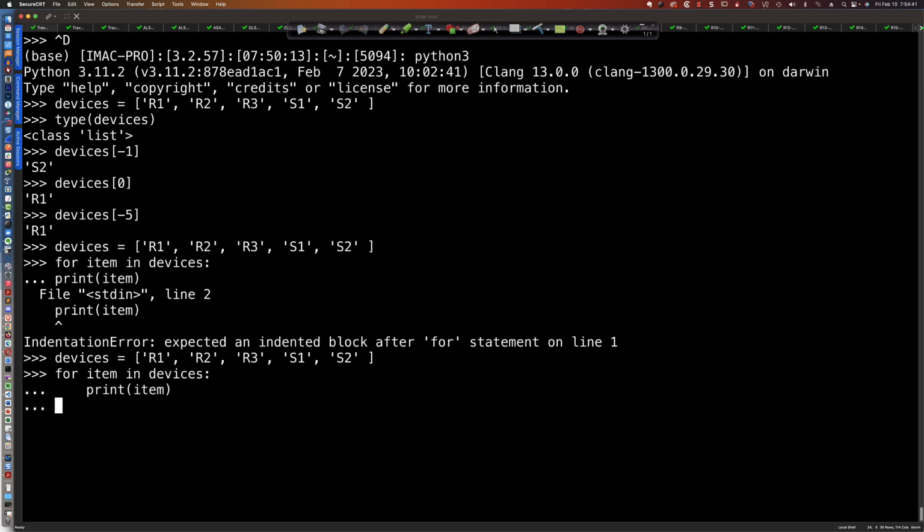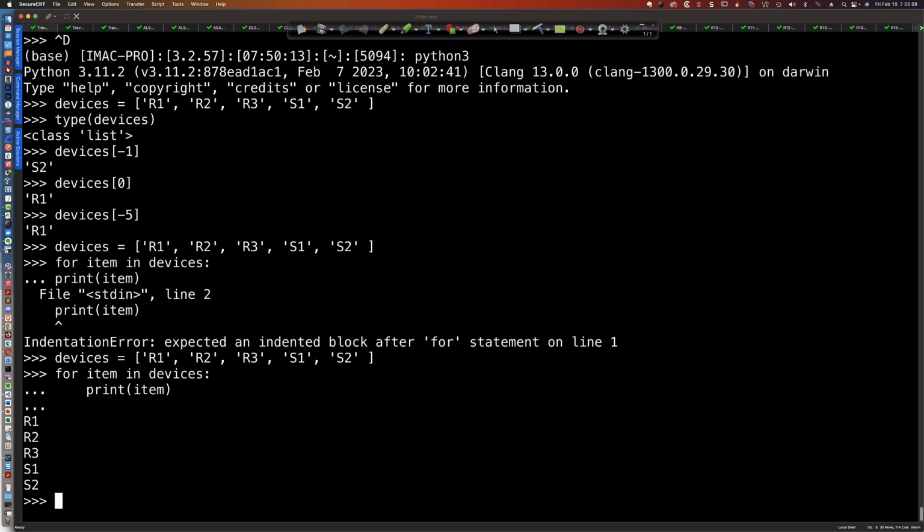Now you'll notice I hit enter and it doesn't do anything. We're going to hit enter one more time because, again, it's assuming maybe I want to do another print statement here, or maybe another piece of code. However, we're done, so I'm going to hit enter, and there you go. So for each item in that list, I simply printed each item. That's it, right? And that's how you can think of for loops, is they're going to allow you